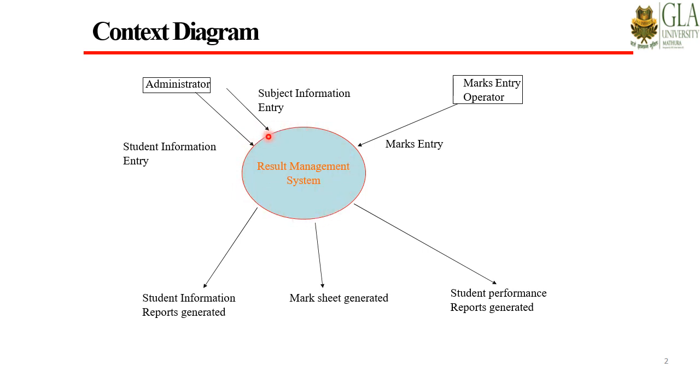Here, with this circle, we are representing the software system that we need to develop, and with it we are representing the information that we are going to feed into this system and the information that we are going to get from this system. That means the information that we input into the system, and the information that gets outputted from the system, which is further utilized by the user. So this is the information we represent, so that we can further identify the different processes or functionalities that we need in this system to capture the information we feed and to provide the required information to the users.